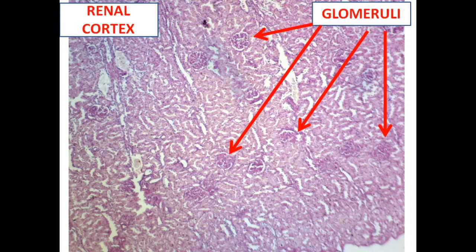If we see the slide, it is very easy to identify. If you see a slide where on one side there are these types of round, very tough-looking collections, these are nothing but the glomeruli, and that suggests that this is a slide of the cortex of the kidney, and that's why you can easily identify the slide of the kidney in the exam. Yes, other structures are present surrounding them, but the glomeruli along with the Bowman's capsule, that is the renal corpuscle, can be easily identified in the cortex of the kidney in the histology slide.